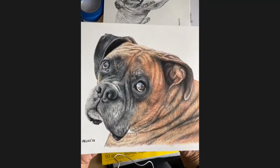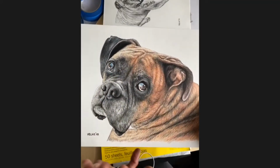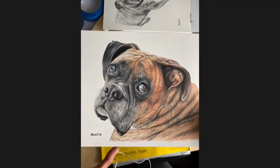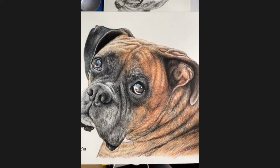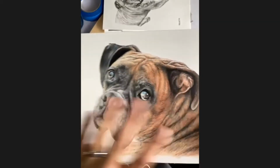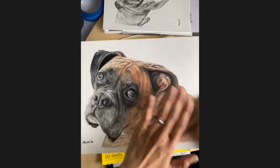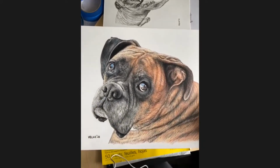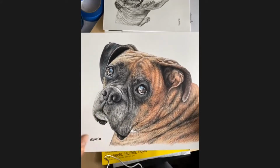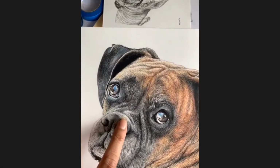Usually I start with the darkest tones first, just to get the values, because values are very important when you're trying to capture realistic subjects. If there's a dark shadow underneath that eyelid, make it really black. So I start with the darks first, and then I do midtones, and I color in the browns first, just one layer. You work in a lot of layers with drawing, and once I have the midtones in and I've captured all the highlights where I leave the white of the paper,